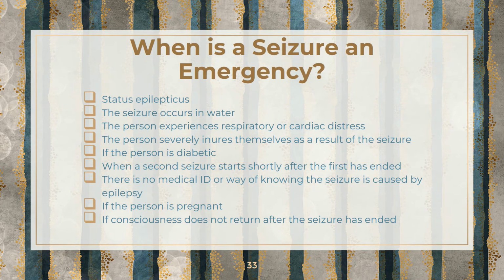Although seizures are typically not considered emergencies, especially for people who have epilepsy or a history of seizure activity, there are instances when they can be considered emergencies. Emergency situations include status epilepticus, if the seizure occurs in water, if the person experiences respiratory or cardiac distress, if the person severely injures themselves during the seizure, if the person is diabetic, if a second seizure starts shortly after